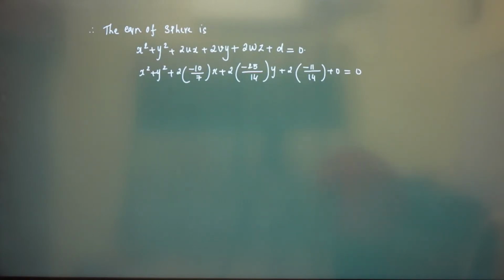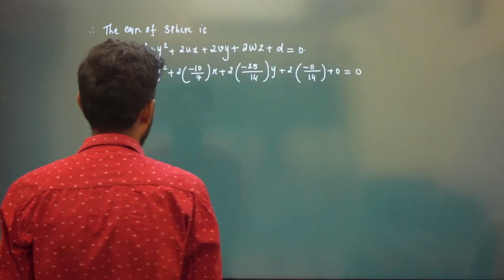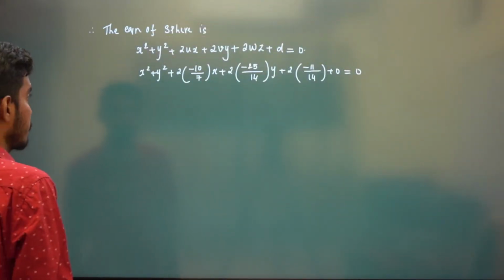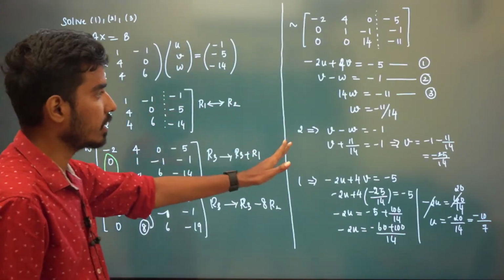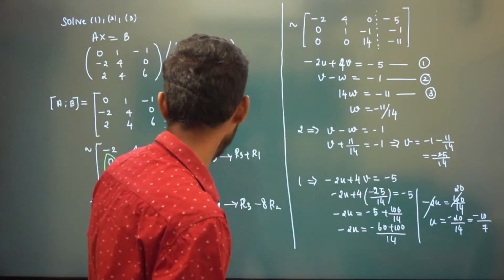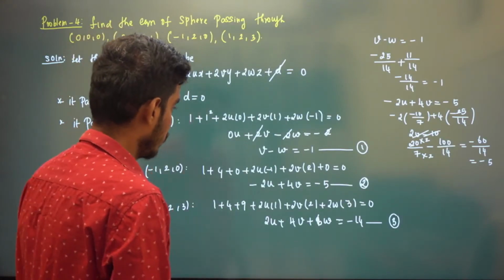So, just try this problem, right? I think this is correct because this u, v, w satisfies these equations. That means it has to be correct, right? And again,